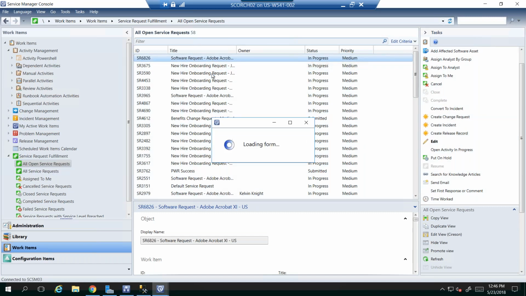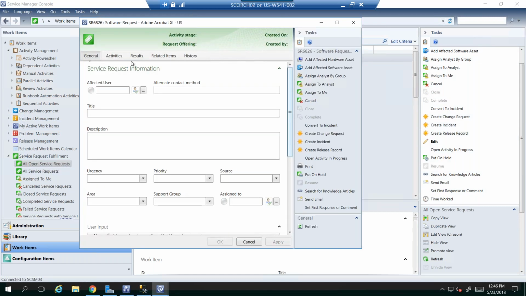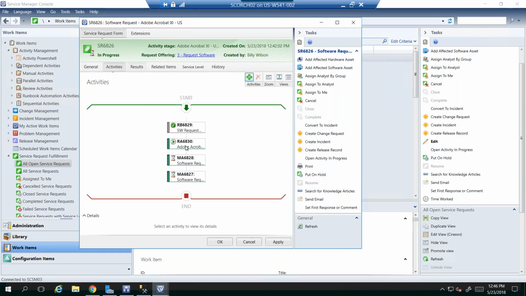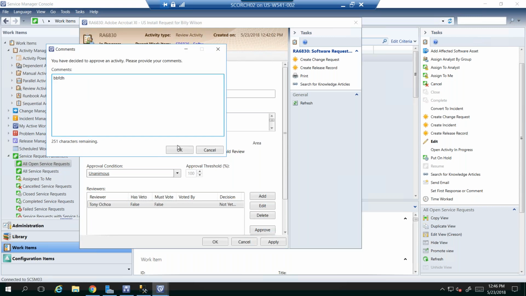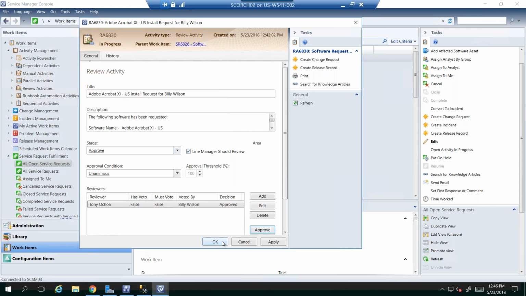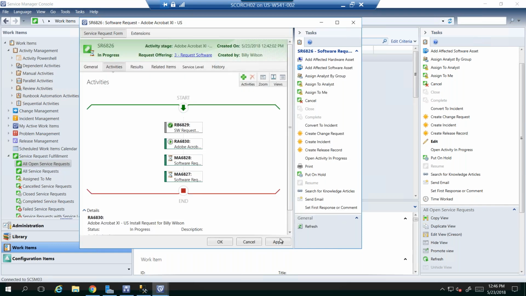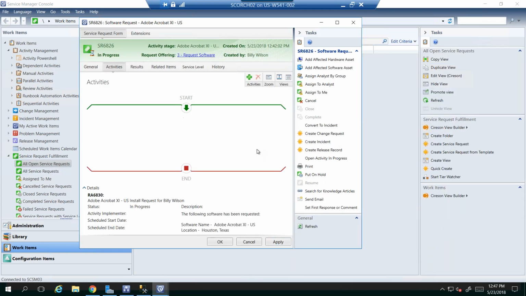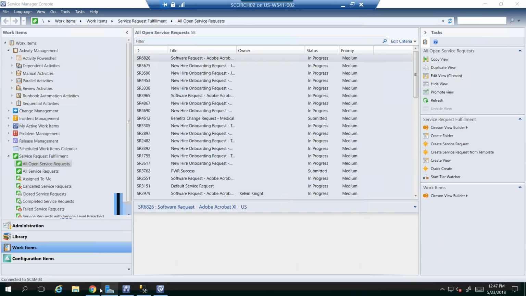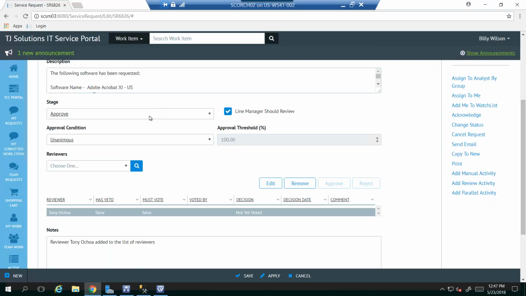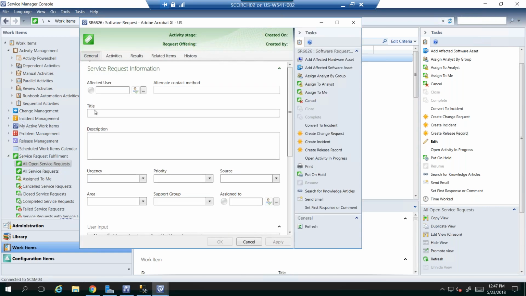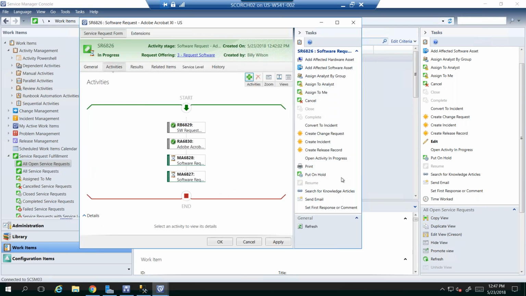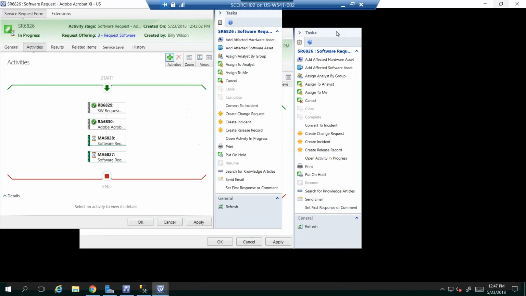and just open this one up. Go to the activities, go to the review activity. I'm going to approve on behalf of Tony. Click OK. Click Apply. Or just click OK. Actually, you know what? I'll just stay in here. So once this one goes into in progress,